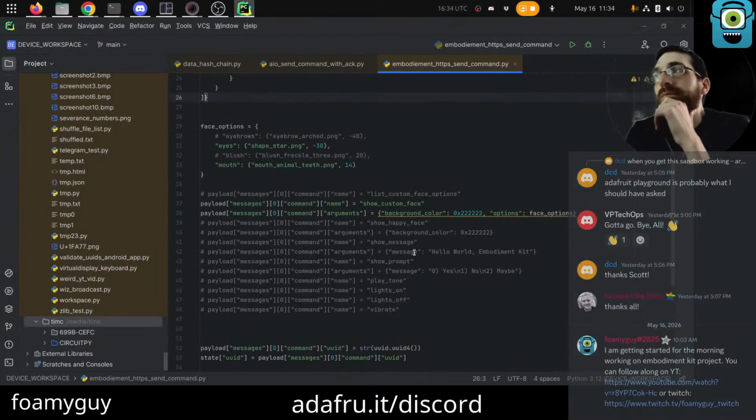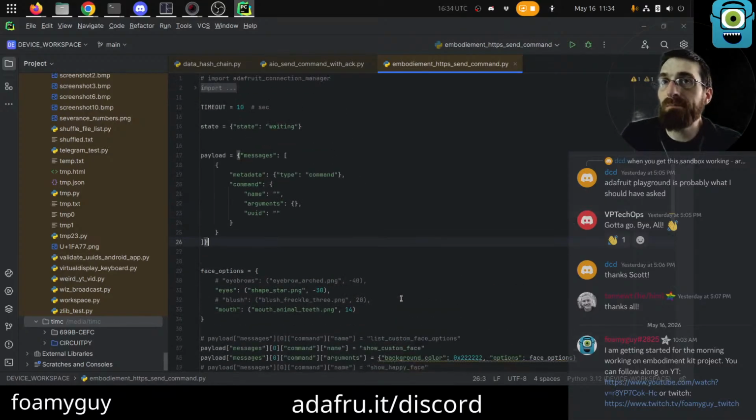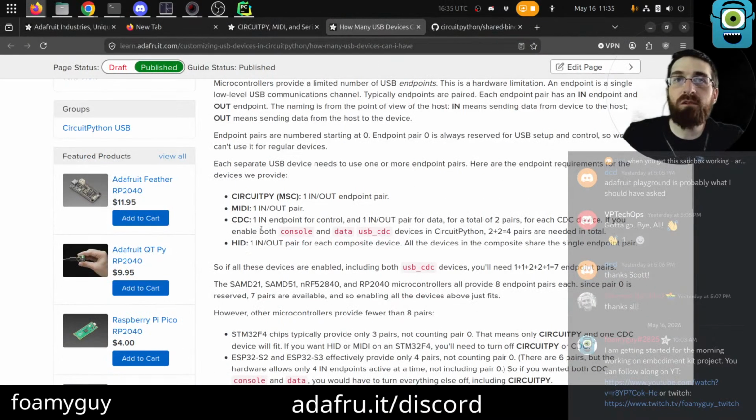Alright, well, that's okay. Honestly, MQTT is kind of like the primary means anyway. HTTP server was the main one I wanted to add. USB I thought would be a cool sort of bonus extra credit thing there on the end. Turns out that's a little bit trickier. And I guess I just never noticed this before because of the way you can do MIDI or HID. So I'm sure at some point I've enabled one of those, but